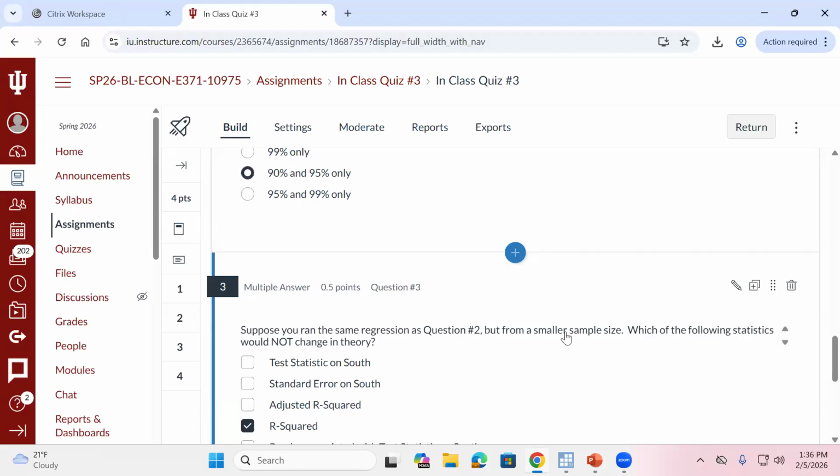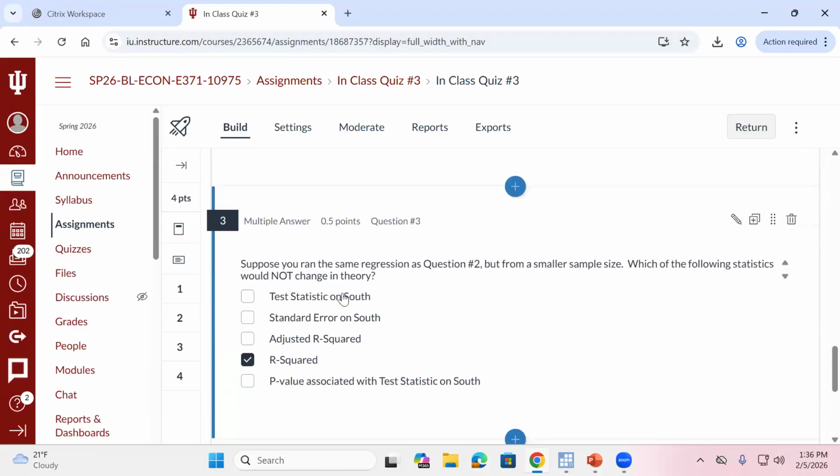So if my test statistic goes down, what's happening to my p-value? What's happening to the area to the right of my test statistic? If the test statistic is smaller, it's going up. If I only reject when that p-value is less than alpha, and the p-value is getting higher, I am less likely to reject. So with this smaller sample size, my test statistic is going to change. We said the direction it's going to change just now, but it is going to change. The reason is that my standard error changed when I took that smaller sample size.